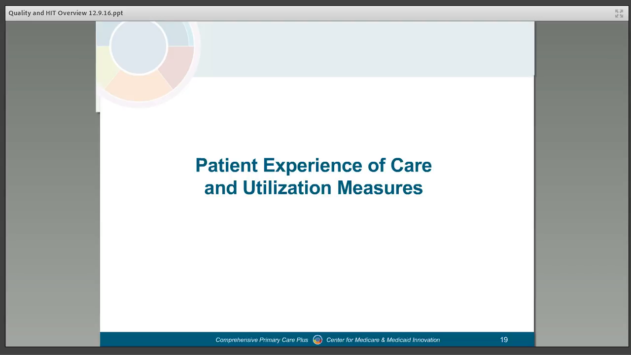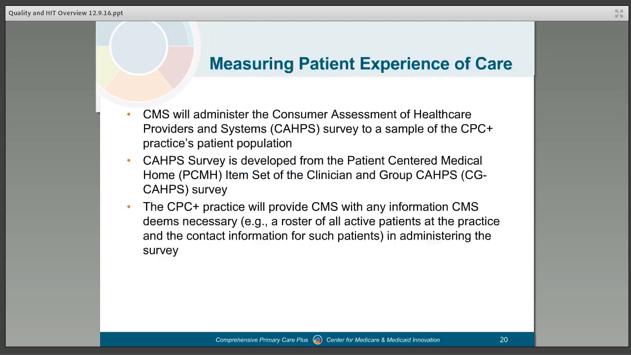Now I'm going to talk about patient experience of care and utilization measures. So for patient experience of care, we're using something called the CAHPS survey. It's the Consumer Assessment of Healthcare Providers and Systems survey. We're going to be sampling CPC+ patients. We're going to be sampling Medicare beneficiaries and other patients. So we're looking across all payers because, as you know, CPC+ is a multi-payer initiative. So we're going to be sampling the experience of care received by all of your patients, not just those who